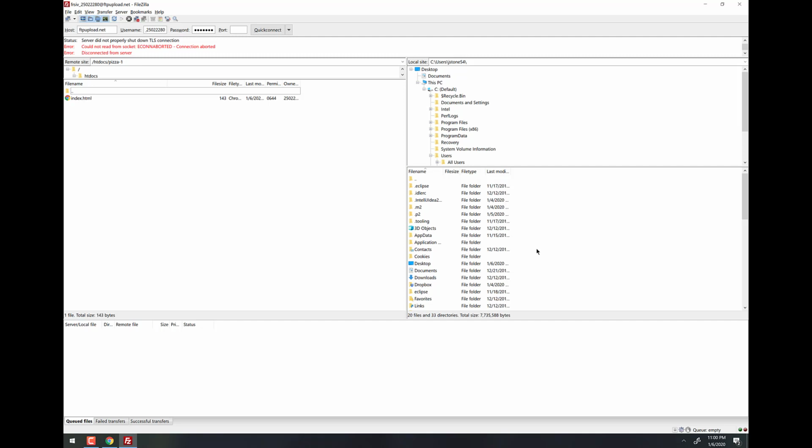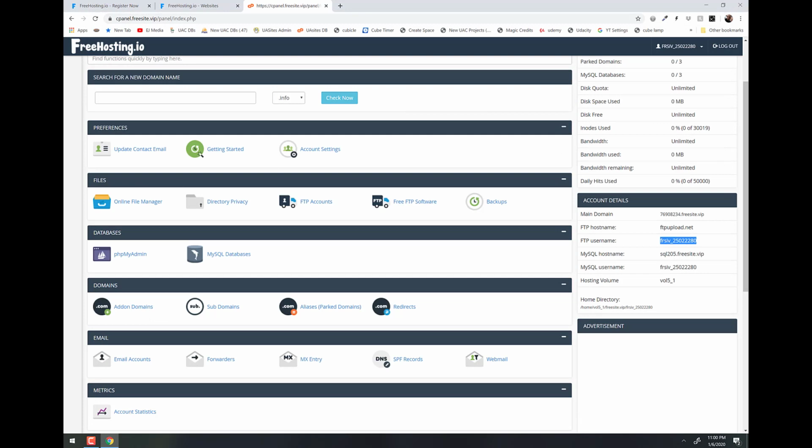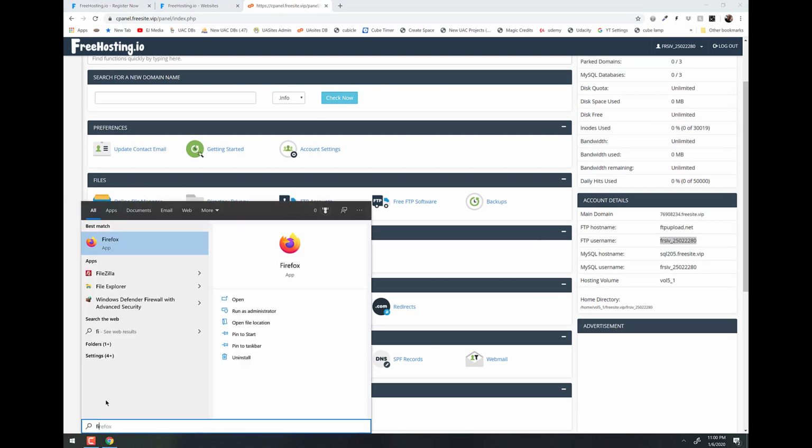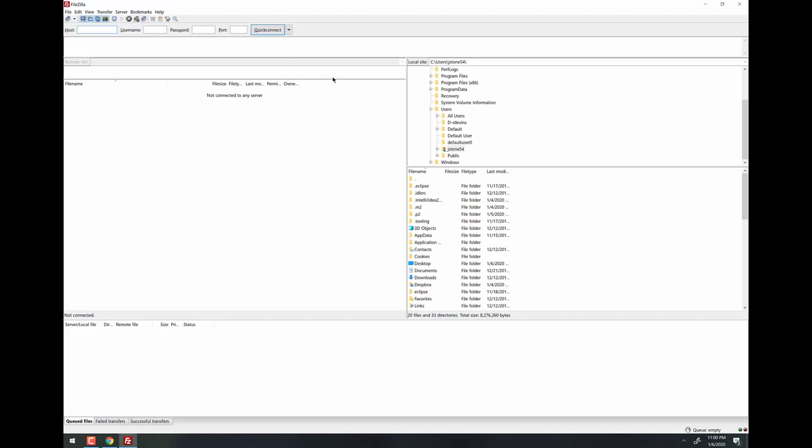Now, one other thing to note here, when you log in, we're connected at the moment, but later when you come back after you've closed it out and you want to reconnect, if you just click this little drop down link right here, you'll see that that's the connection that we've created there, right? So if I close this, and let's go back and reopen it. Now I'm not connected to my server. Notice the stuff on the left is blank, which is where my remote site is. But if I click this drop down, go down to that right there, and you can see the little message there where it's trying to connect, and there it is, it's connected.